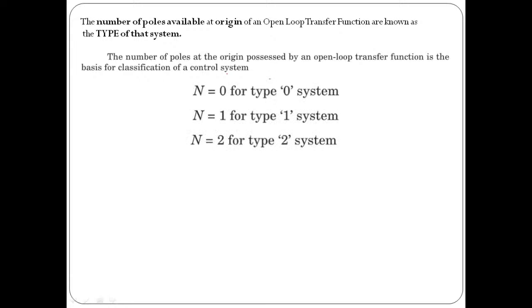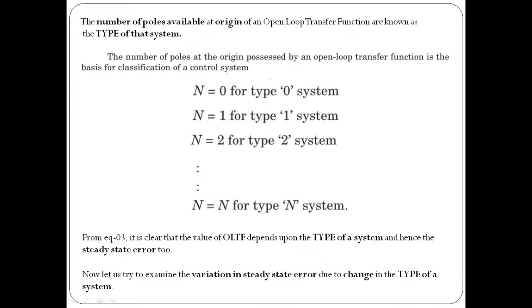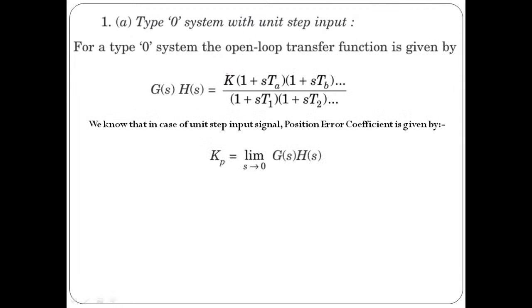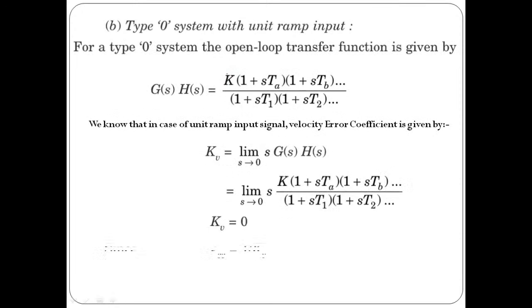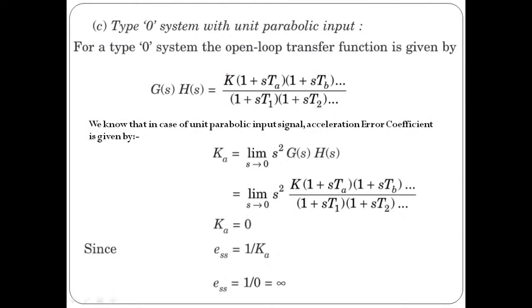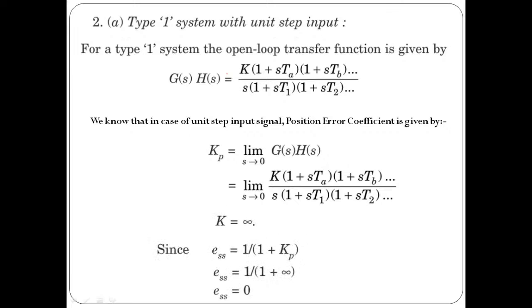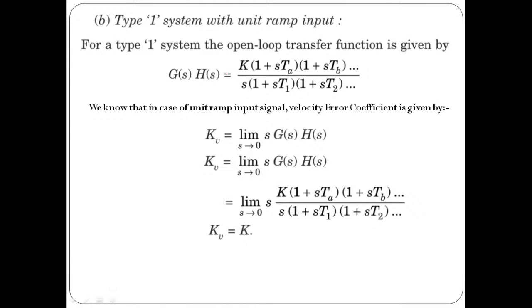And then based on that, we have taken different cases to calculate the value of steady state error and positional error coefficient, velocity error coefficient, or acceleration error coefficient for different types of system. So some 9 cases we have considered simultaneously, and finally we conclude some of the most important aspects related to type 0, type 1, type 2 systems, and we club them into a final